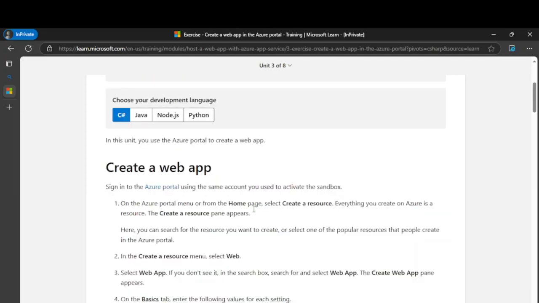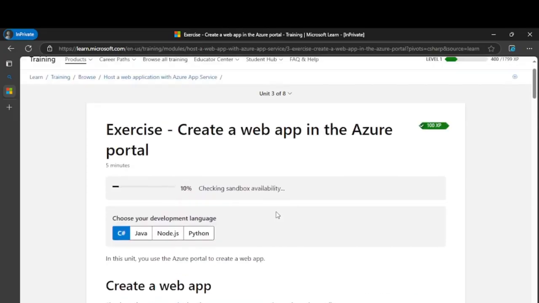Once that is done and you have shown you are not human, like they do with all the captcha and things, they will check the sandbox availability for you and check whether your account satisfies that condition. So try to use an account which you never signed up with for the portal, then only it will work here.